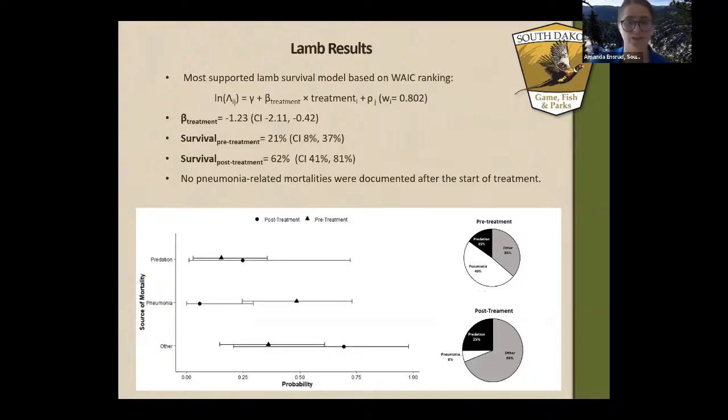Analysis indicated that the chronic carrier removal treatment had a negative effect on the daily log cumulative hazard rate of lambs, with a beta treatment value of negative 1.23, which corresponded with an increase in lamb survival from 21% pre-treatment to 62% post-treatment. As illustrated in the figures, the probability of a pneumonia-related mortality decreased in lambs from 48% pre-treatment